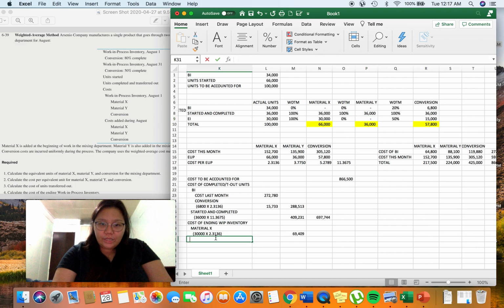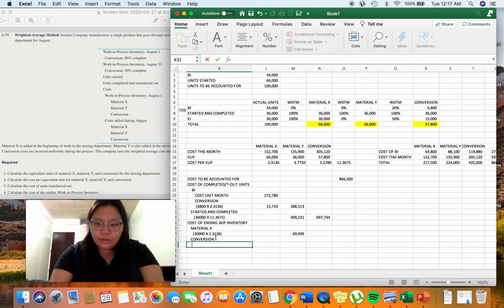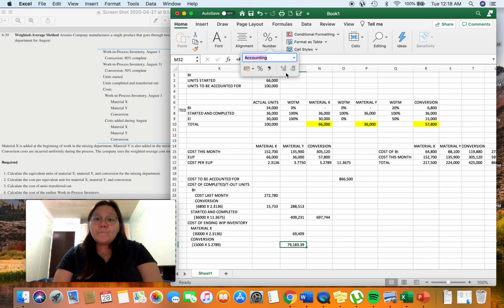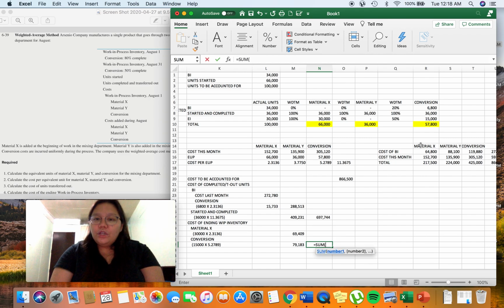And then, syempre, for material Y, wala naman tayong inassign na EUP sa kanya. Di ba? So, the next is the conversion. So, for conversion, we have 15,000 multiplied by 5.2789, which is the cost per EUP we have computed earlier. So, pag multiply natin siya, 15,000 multiplied by 5.2789 will get 79,183. So, the total cost of our ending work in process inventory is equal to